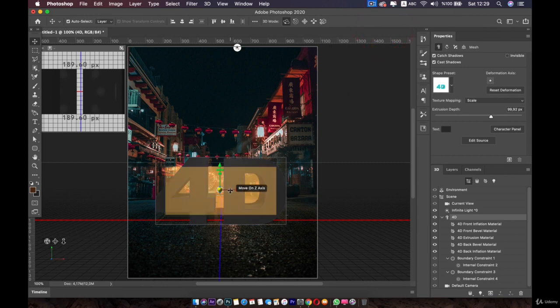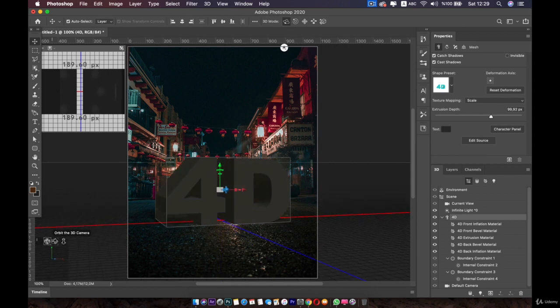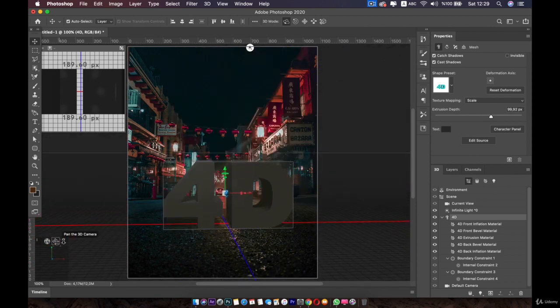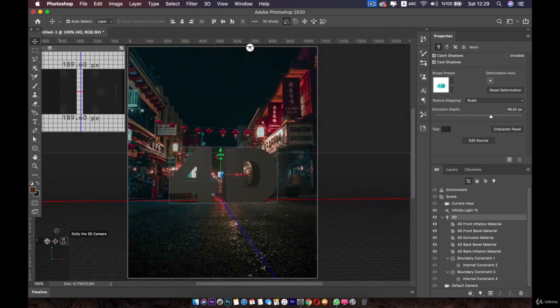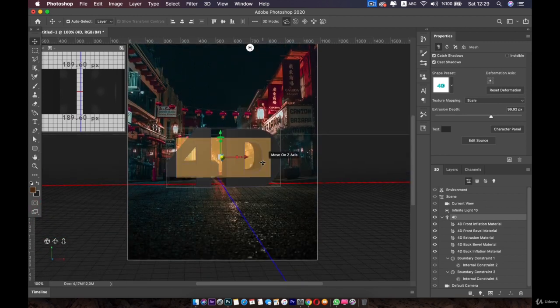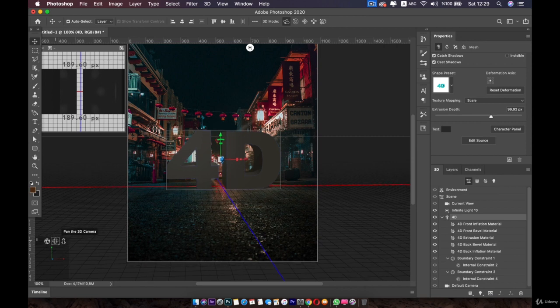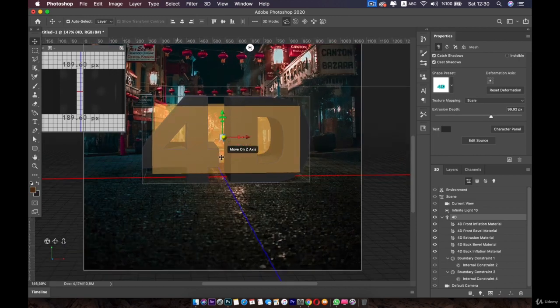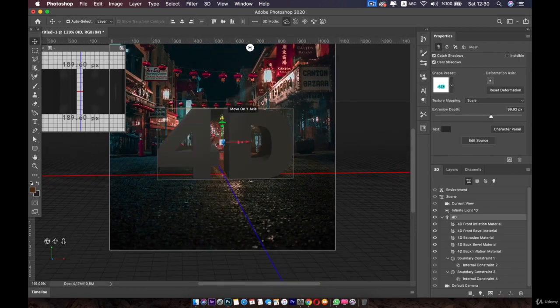So we have the controls for the environment and we have the controls for the objects. So for the environment, these are the controls. This is the orbit tool for rotation. This is the move tool for pan movement, and this is the dolly 3D, moving upward and forward. Let me fix the environment a bit. Later we are going to take our time and fix the environment, but now for each object we have these